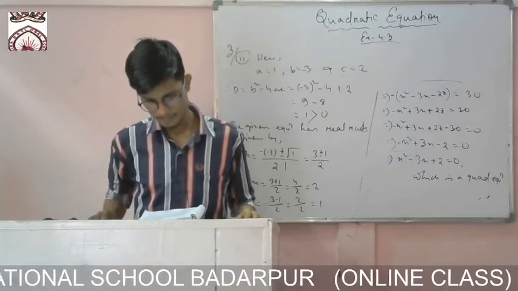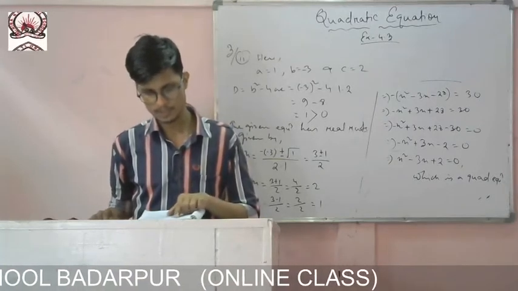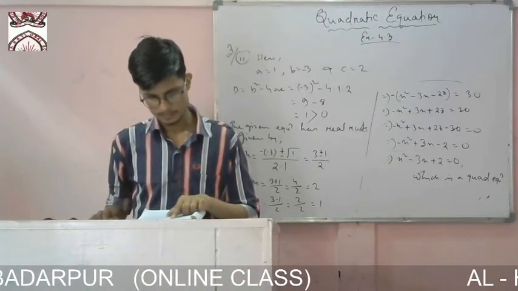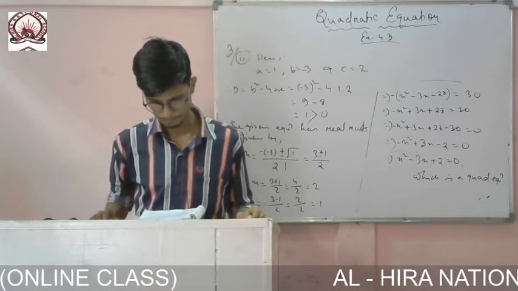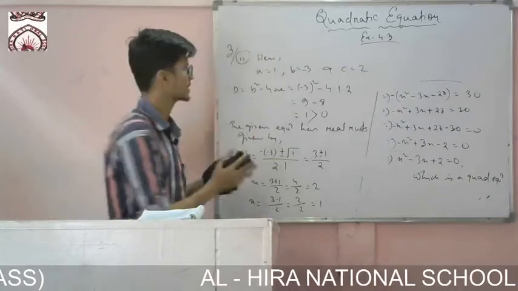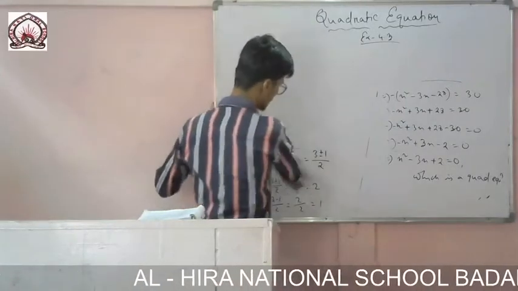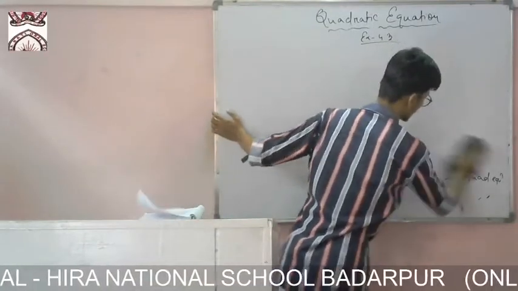Okay, let me do Roman number 6. 3, 4, 3 also, first of all you have to convert it, then you have to solve. 4 also same. 3 is very easy, just convert it. Let me give the first line, how to convert, then you will do the next one. Some of you may have a problem in converting.